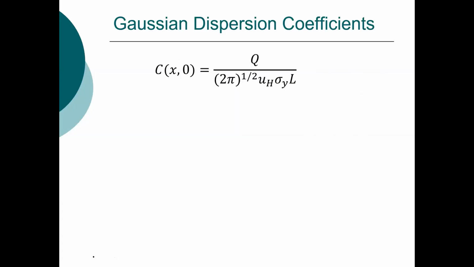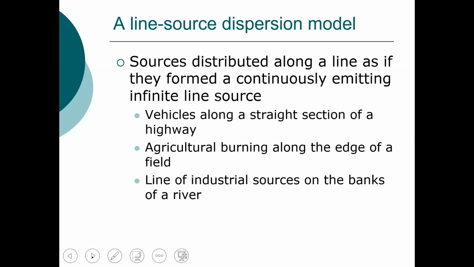The last model that we'll look at is a line source dispersion model. It's essentially the same concept that we've been using, but this is used where we have a line source. So if, for instance, we're concerned about a population that is living along a highway, and we want to know what concentration of pollution, carbon monoxide, for instance, they're exposed to